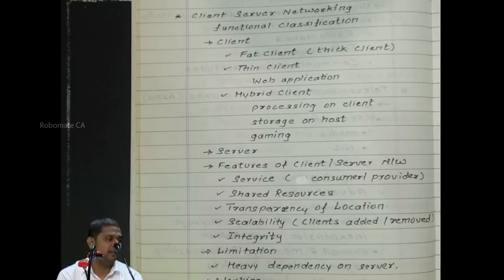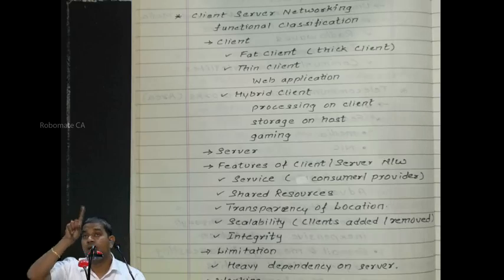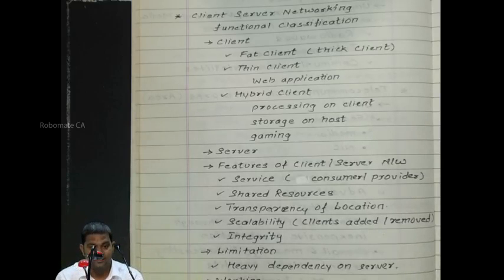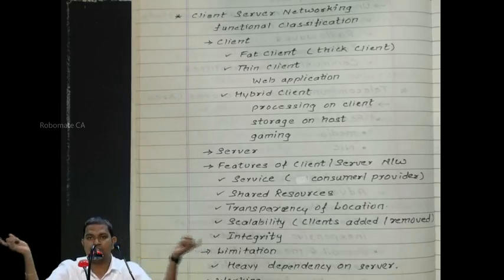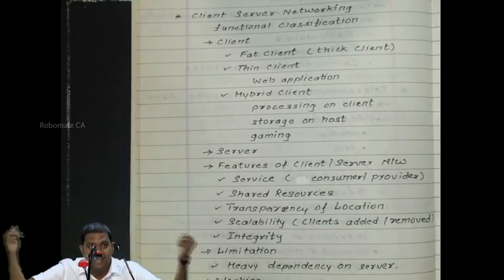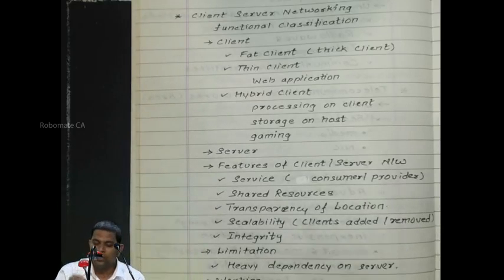And last is integrity. Integrity is nothing but bringing the data together. Fusion, we say. It should be integrated. We discussed this term when we were learning databases: data integrity, where data from different tables stays together. In the same way, in client-server networking, when all the data resides on the server, data integrity is maintained. Data is coming from different computers of different departments, but it is integrated and finally stored inside the server. That is called data integrity.